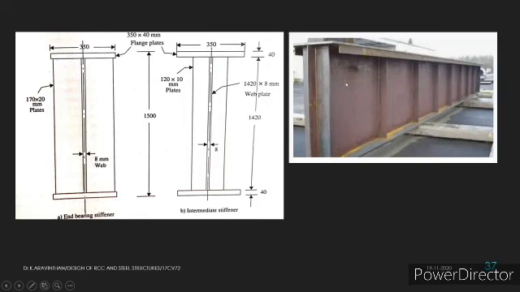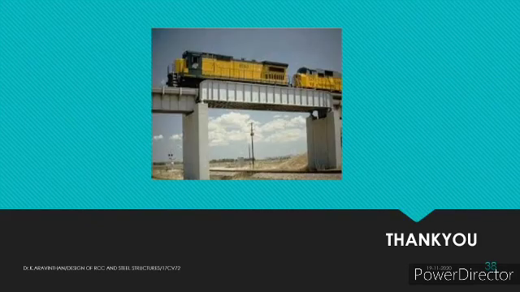So this is the real time example of a plate girder with bearing and intermediate stiffeners. Practically, these plate girders are used for bridges which could carry heavy loads such as a road bridge or a railway bridge. Here you can see an example of a railway bridge which is carrying the rail loads, and I think that this will have a good initiation of understanding the design of plate girder with stiffeners.